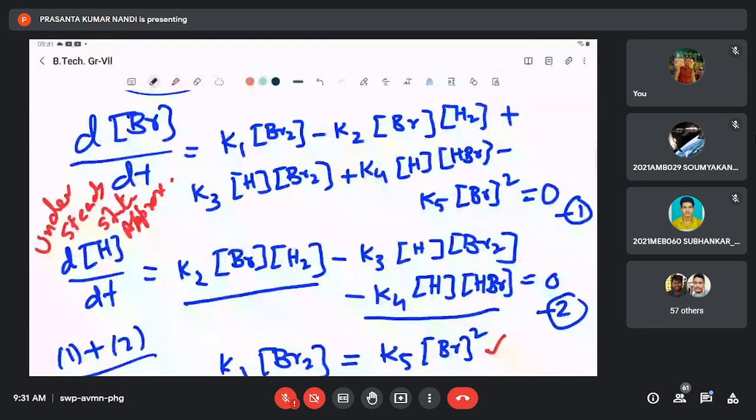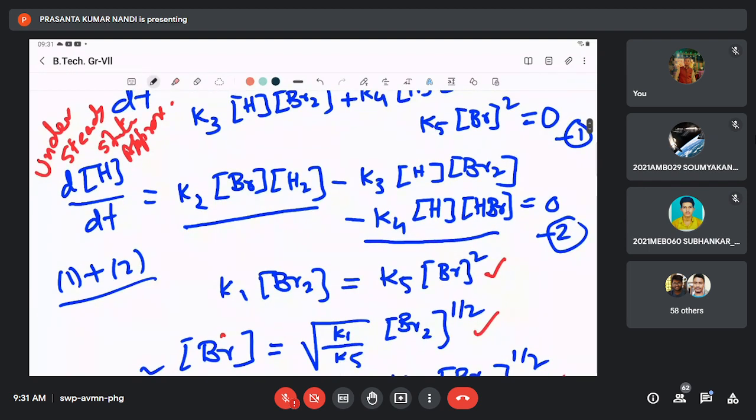Just apply the steady state approximation on the intermediate species, that is the free radicals H dot and Br dot. Net accumulation we have equated to 0, meaning the rate at which these free radicals are generated will be almost equal to the rate at which they are consumed in subsequent steps that I have shown here. Now, if you add these two steady state equations,